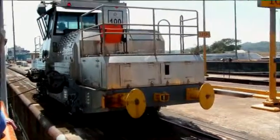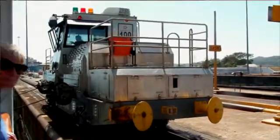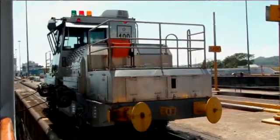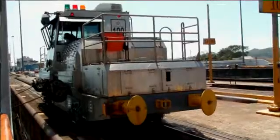It's not just the ones at the front, it's the ones towards the rear as well. So our mules now are moving backwards slightly, taking up the slack. You can see the pulley